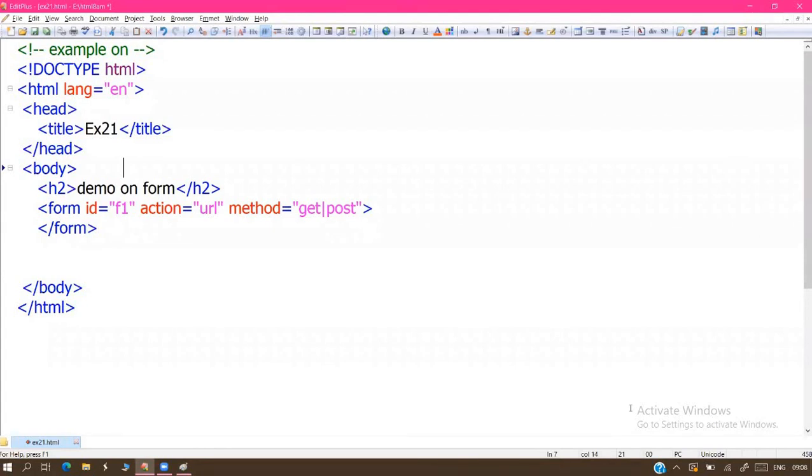Sir, can you update the Google Drive with the examples and the material? Yes, I already shared the link now. But it's showing only till the 16th example, sir.